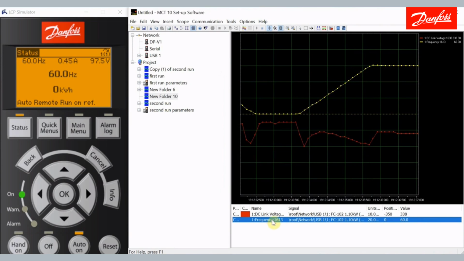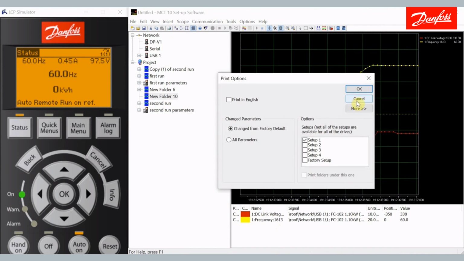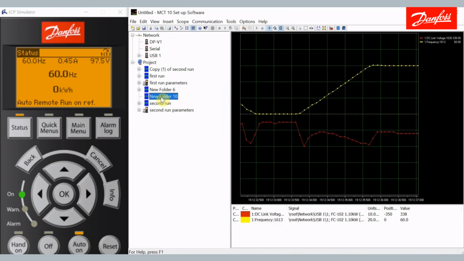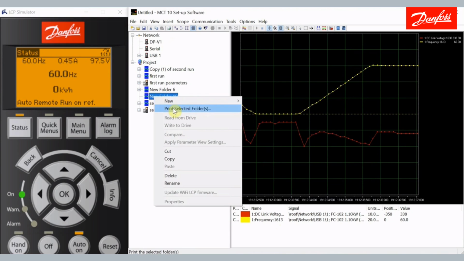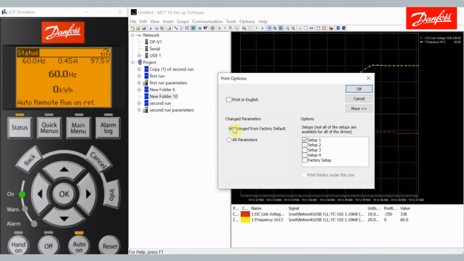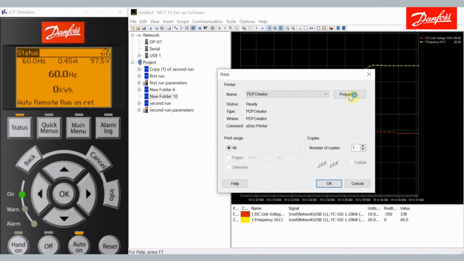One last thing I can show you is we've got the print folder here. If I either choose that, it brings up this menu, or same idea, highlight the folder and right click and choose print selected folder. It's mentioning parameters here, which doesn't come into play here. But if we hit OK, I'm not sending this to a physical printer. I'm sending it to a PDF file. So if I just go ahead with that,